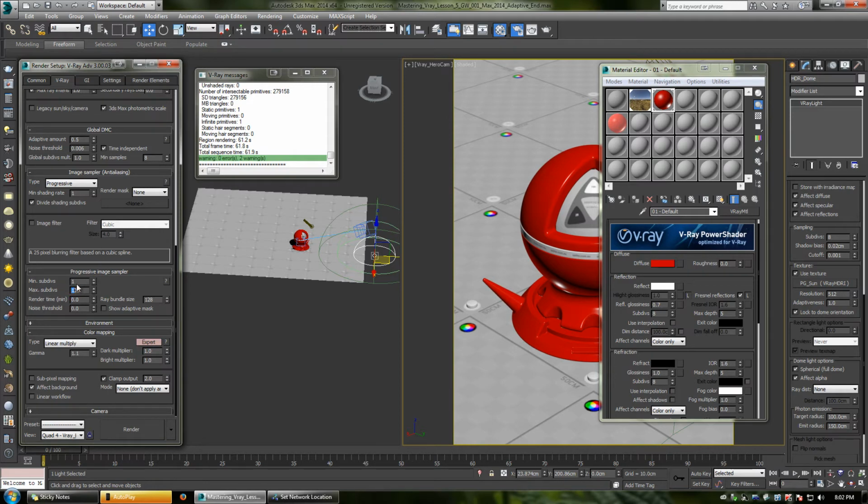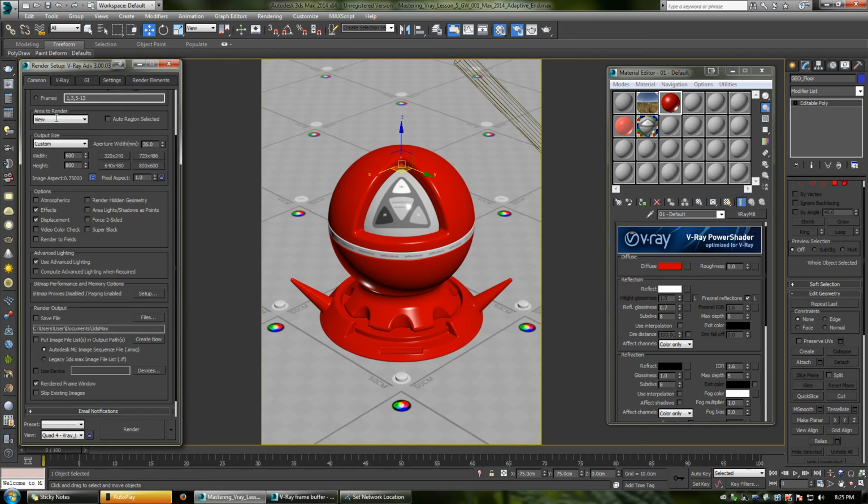So a good starting point is basically what these default settings are, which is 1 and 100. And if you have the render time at 0, basically what that tells you is that you have control over when to stop the image. Now, I'd probably set the render time before changing the subdivs, because it'd be much more predictable just to set a longer render time. But in terms of the noise threshold, you can also set that so that the render will stop after it hits that threshold. So I've just set the render height back to 800 by 600, and I'll get it rendering